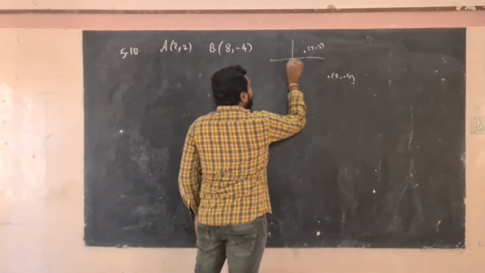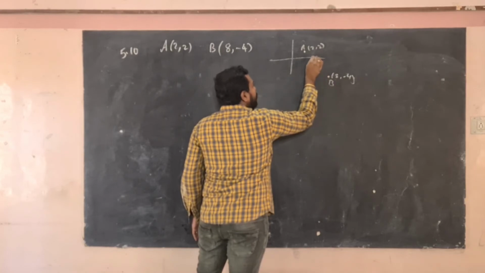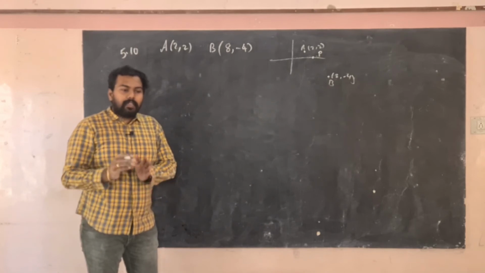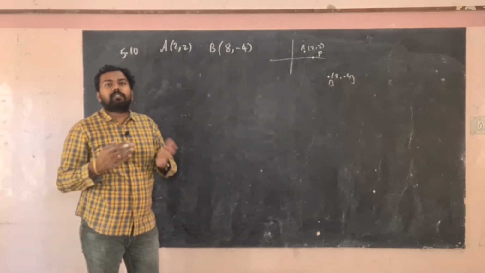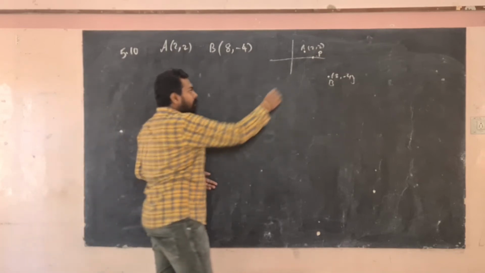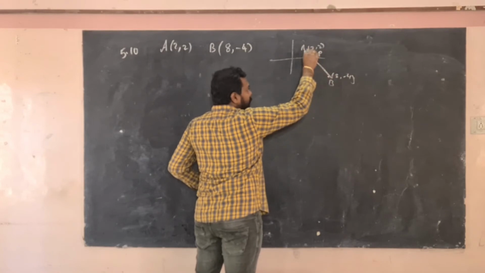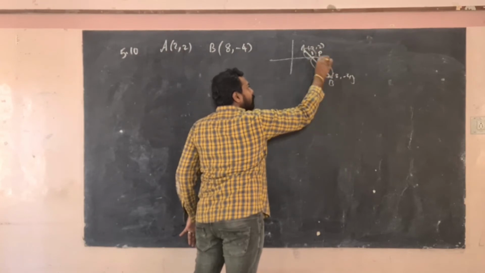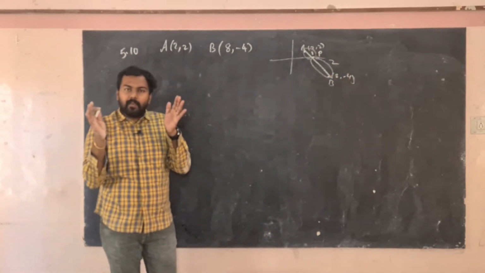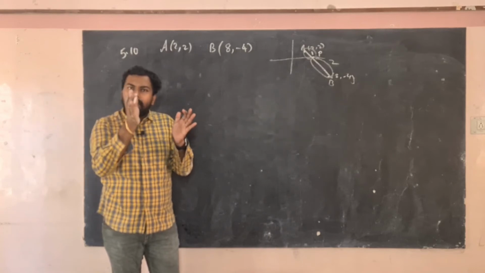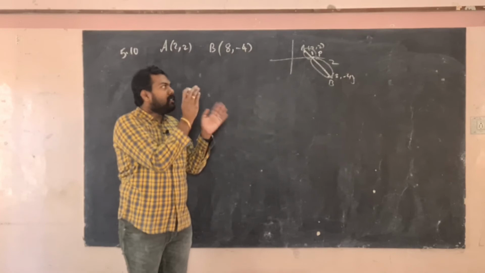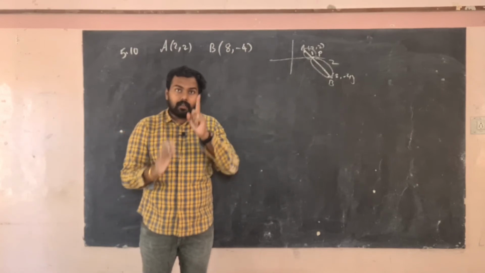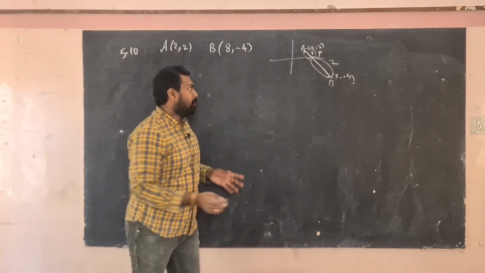So a point P, this is A, this is B. A point P lies on this x-axis such that it divides AB in the ratio 1:2. It divides AB. So suppose we draw a line like this. If we draw a line like this, this part will be 1, this part will be 2. What have they said? There is a line AB, and the point P divides that line in the ratio 1:2. 1:2 means the distance from A to P is 1 part, and P to B is 2 parts. For example,